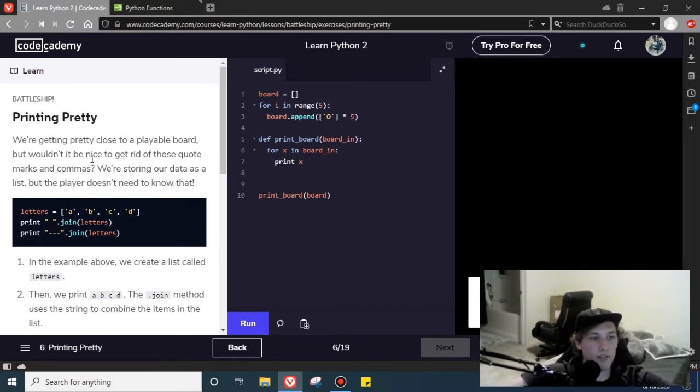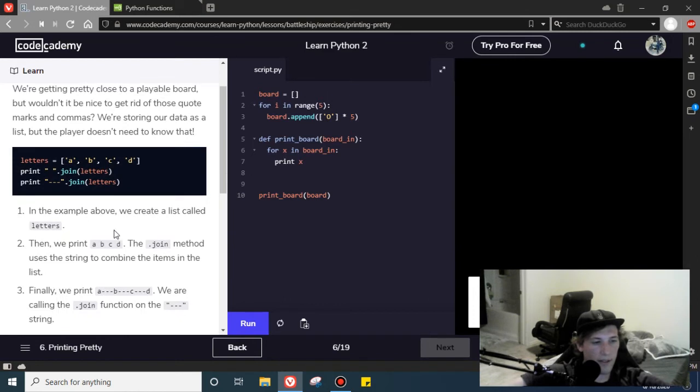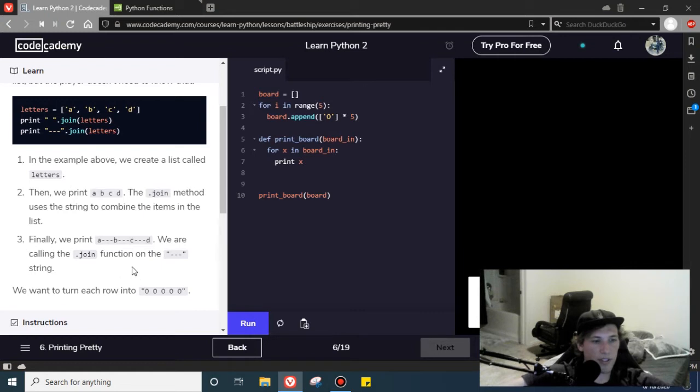All right, and so printing pretty. We're going to get pretty close to the playable board. Wouldn't it be nice to get rid of those quote marks and commas? Storing our data in a list, but the player doesn't need to know that. Okay, so letters, A, B, C, D, print, dot join letters, print, dot join letters. In this example, we create a list called letters, and we print A, B, C, D. The join method uses the string to combine the items in the list. Finally, we print A, B, C, D. We are calling the join function on the